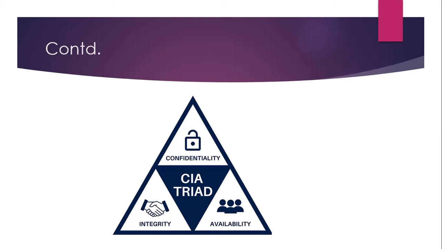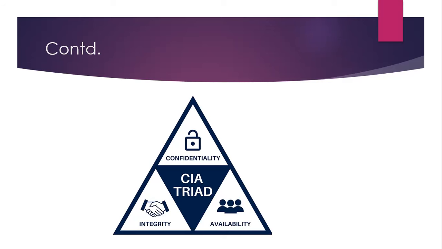Availability focuses on assets. Are these assets readily available? Imagine someone in a financial institution trying to interface with a bank. I want to make a transfer. Will this transfer be readily initiated, or is there a denial of service? When a denial of service is happening, it is countering this part of the CIA triad, which is availability.